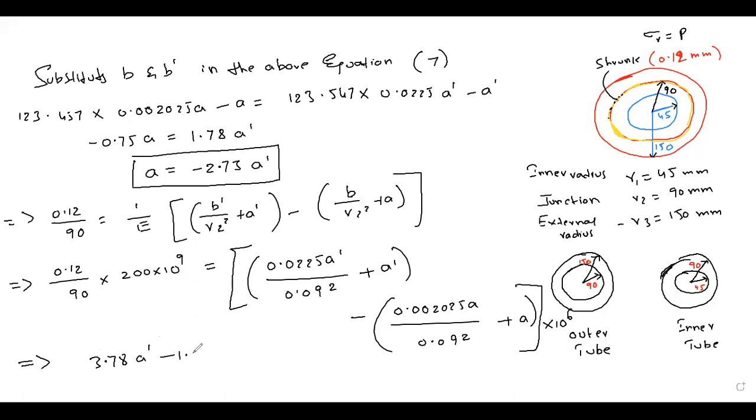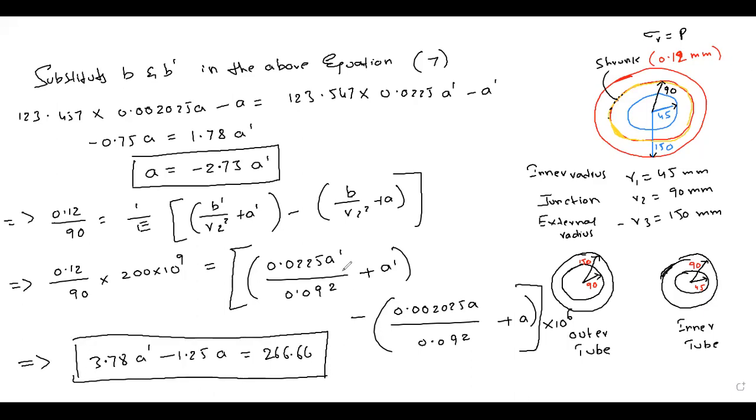dash minus 1.25 a is equal to 266.66. This equation will develop. Clear? If you solve the whole equation, you will get this as the 8th equation: 3.78 a dash minus 1.25 a is equal to 266.66. So now you have two equations. Now from this equation 8 and the other equation we have,